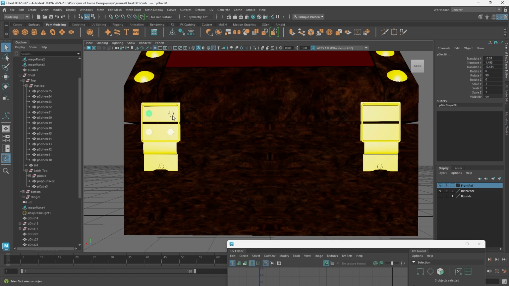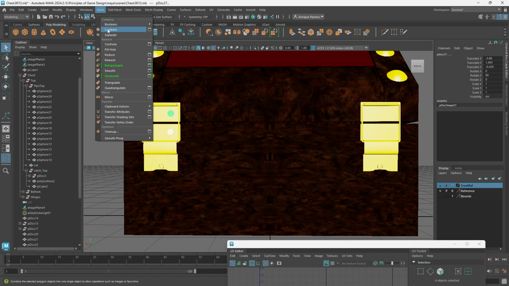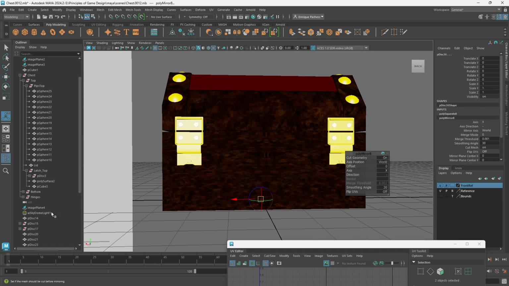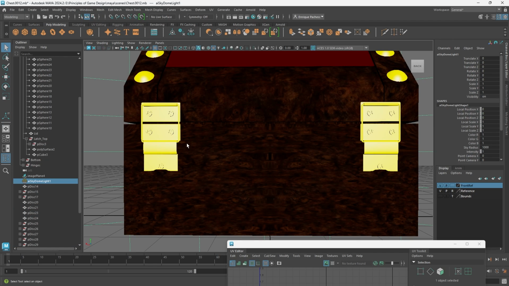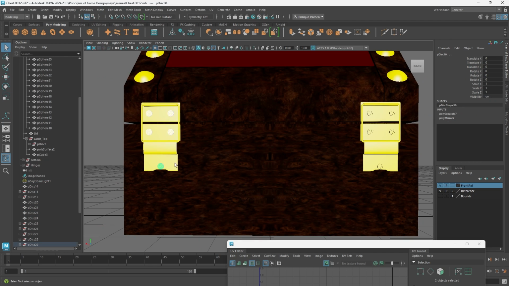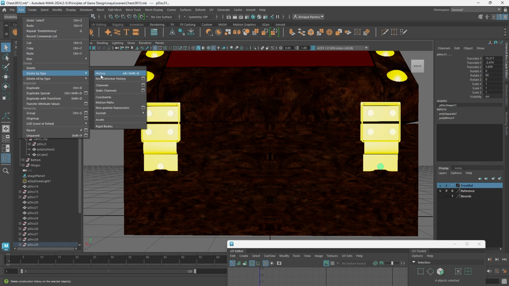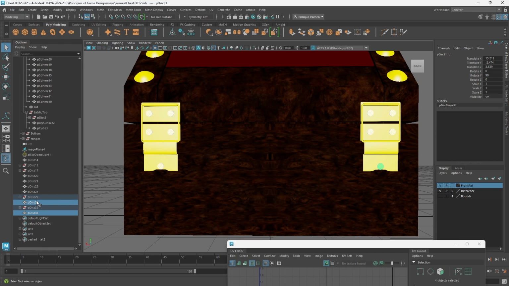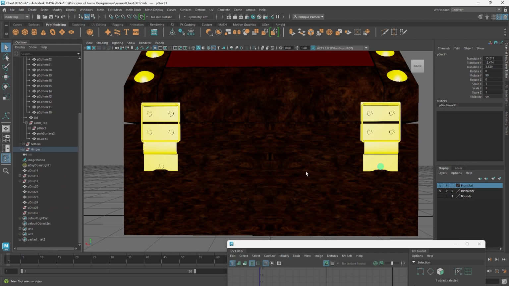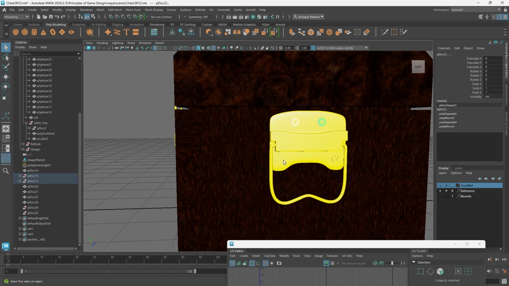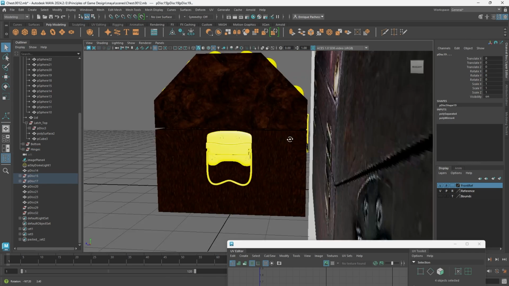Good, good, good. I'm just gonna go ahead and combine these and mesh mirror. There we go. Now we need to make sure that they're all in the right groups. So we're going to go ahead and select all of these, edit, delete by type history, and then drag these into the hinges group, rotate around, grab all of these, and the ones on the other